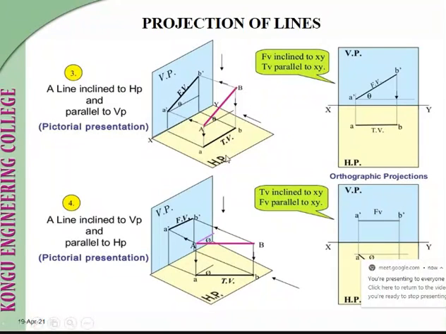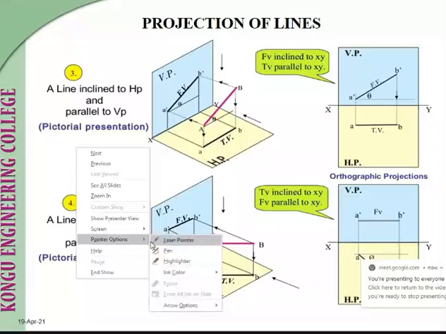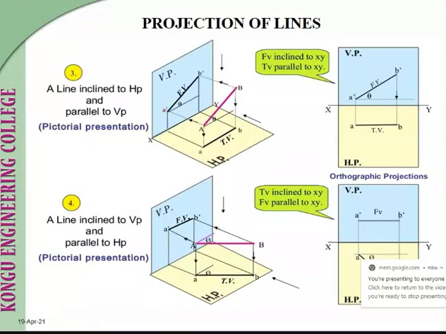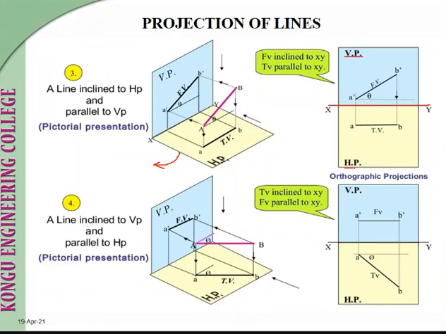Paper. So now you can mark the front view and top view. So this is our front view and this one is our top view. You have to rotate this horizontal plane 90 degrees in the clockwise direction. So you can mark a reference line with the names X and Y, and you can mark it as VP and also HP. You don't have to write like this. You can draw it in this corner itself. Okay, VP and HP.